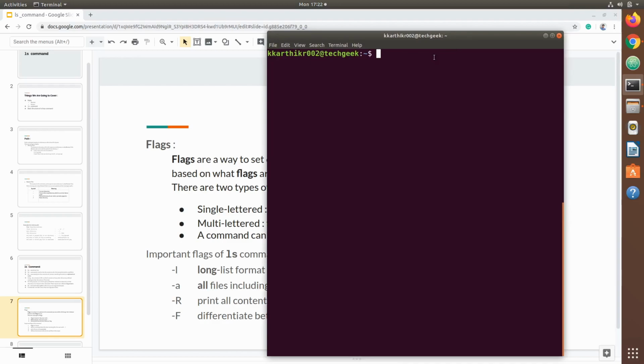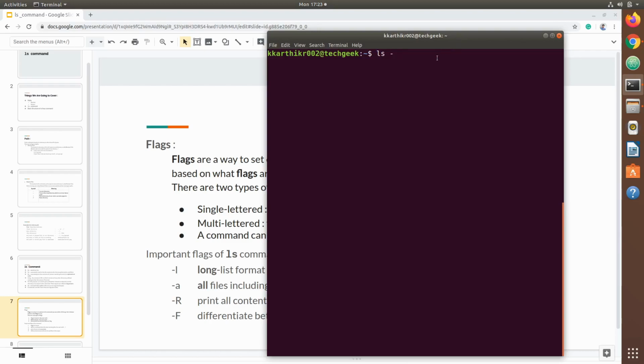Let us see all the contents of the home directory, including hidden files, using a flag. Just type the command name, a space to separate the flag from the command name, then the flag. Flags always start with a hyphen.